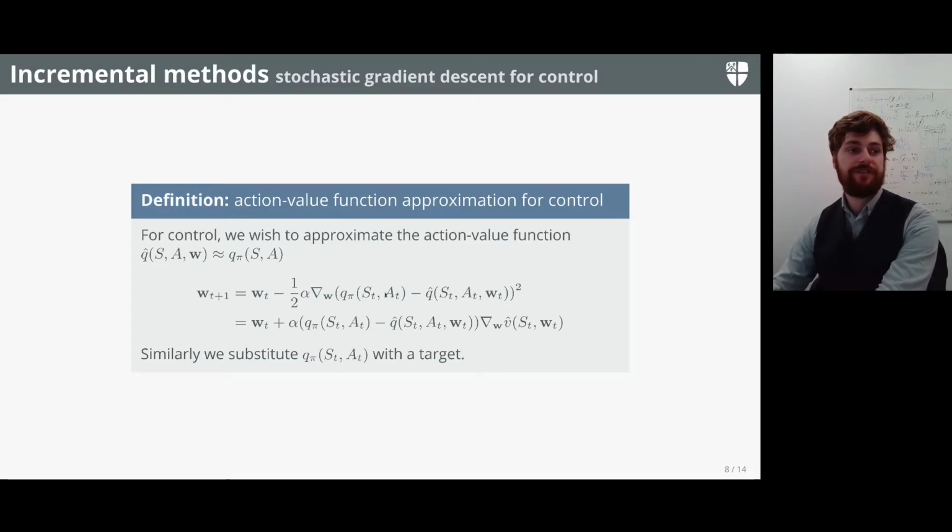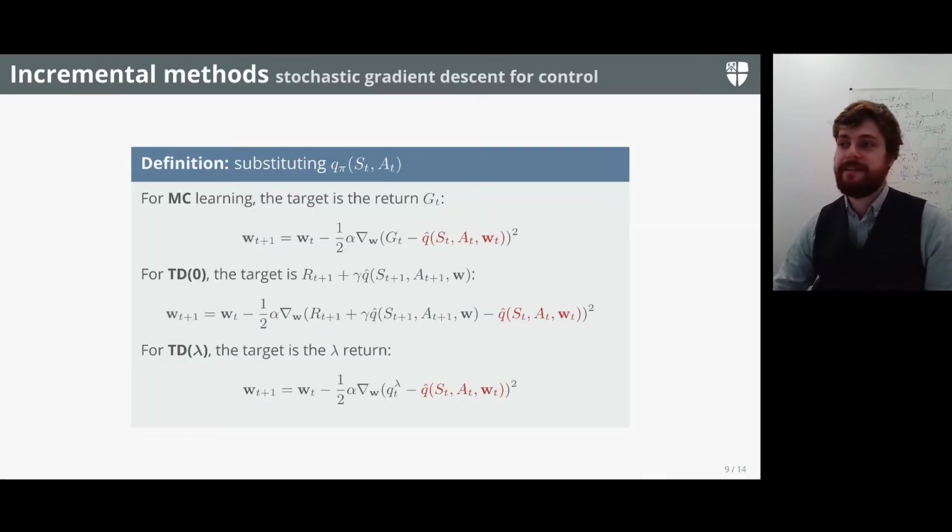And then the big question becomes, how do we compute this q pi, this ground truth target of the action value function? Well, we can end up just substituting it. So this again is basically the exact same thing as before: how do we compute our estimator of the ground truth q values, q pi? Just like in the previous slides, we can substitute our q pi with estimates using the approaches we've covered so far. And I'm not going to dwell on all of this too long, but you can see that for Monte Carlo learning,